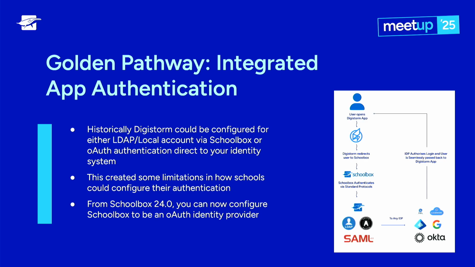The purpose of this originally was to allow schools to access Paperly, our premier partner, without having to do another login. However, what it also allows you to do is integrate with any OAuth app that you have. Effectively, what this means is you can use Schoolbox as a front-end login and a broker to authenticate your staff, students, and parents against your primary identity platform. Once they've logged into Schoolbox, you can then use Schoolbox to on-authenticate them to other platforms that use OAuth.